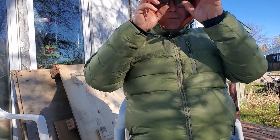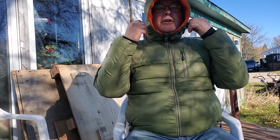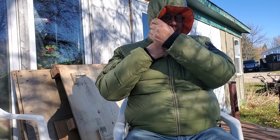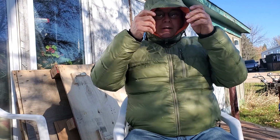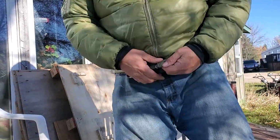Okay. And the hood is extra deep. It's kind of a parka style hood. When you pull the drawstrings, it tightens up around the face and gives you this kind of a wind barrier. It's not as effective as if it had fur on there, like a real, or not a real Canada Goose, but I mean like one with fur. But this is only meant to go, I'd say, I probably wouldn't wear this anything below 25 degrees Fahrenheit. The other nice thing is it separates at the bottom,